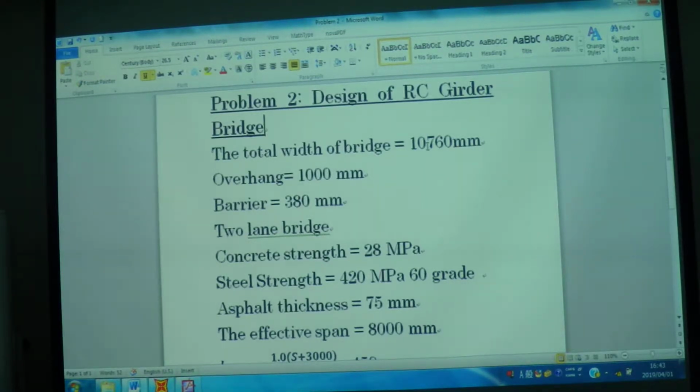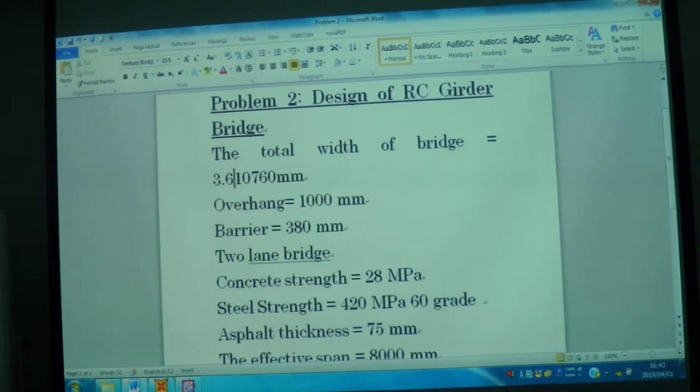What about the total width of the bridge? How much do you want the total width of the bridge to be? Do you want it to be 2-lane, 3-lane, 4-lane, or what? 4 lanes. So let's decide the layout of the bridge. 3.6 is the lane width multiplied by 4, plus